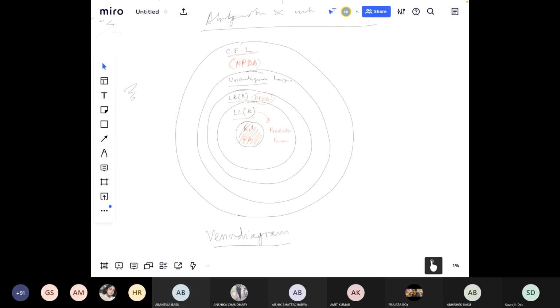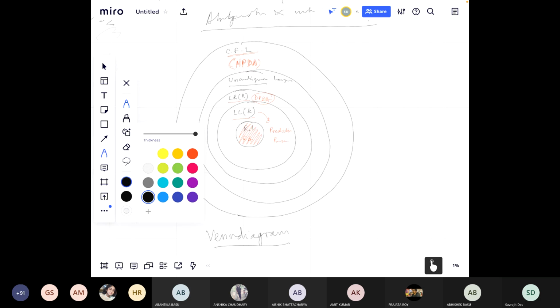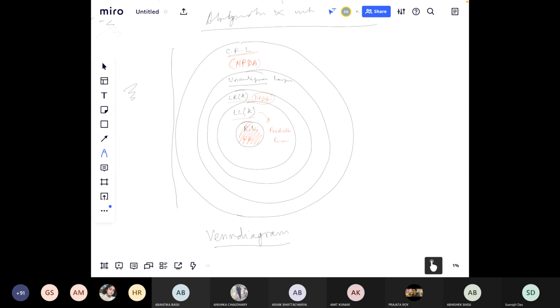Okay. So we ended last day's class with this Venn diagram, right? This was a Venn diagram that I ended the class with. Everybody can see my board, right? So at the core we had the regular grammars, regular languages. This is a language hierarchy Venn diagram. At the core, we had regular languages, and for that we had finite state machines. The machine equivalent of this portion was finite state machines,